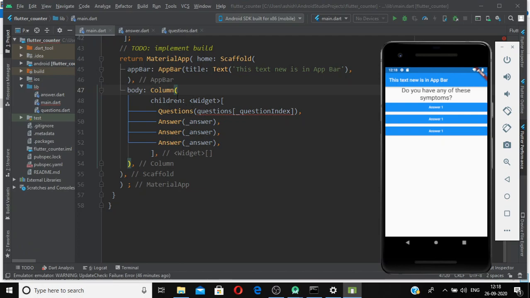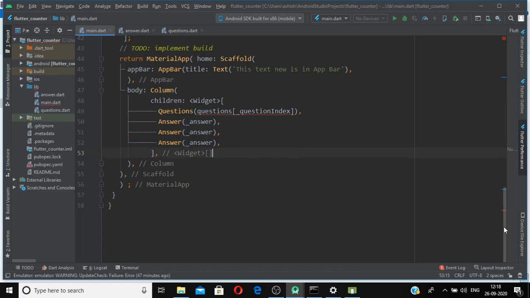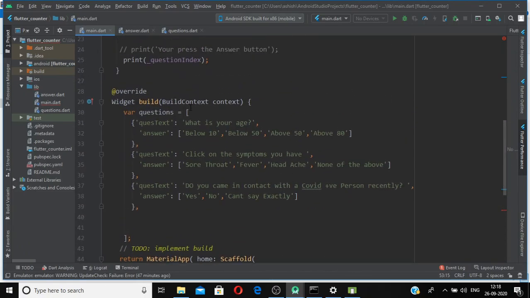where we have our first customized widget, that is this question widget, and then we have our answer one, then our answer this, and then our answer this. So we have three answer widgets here which are hard coded, and we have our question widget. But if you see inside my list of maps, inside my first question I have four options.